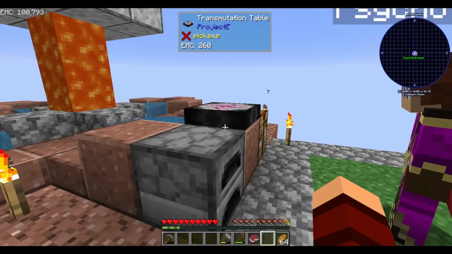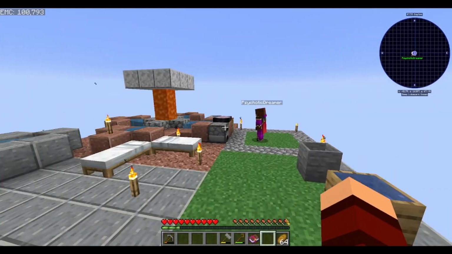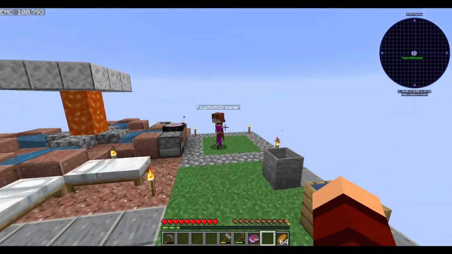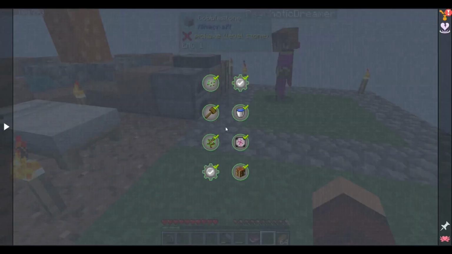What are you sitting at? About the same? A little less? 49, but that's okay, still a decent amount. Well, there's already like 5 stacks of iron nuggets in there. So, yeah, we'll get that going. But let's go ahead and pop into the book